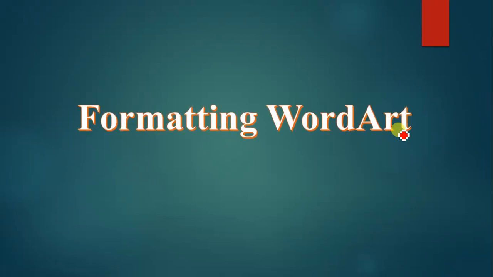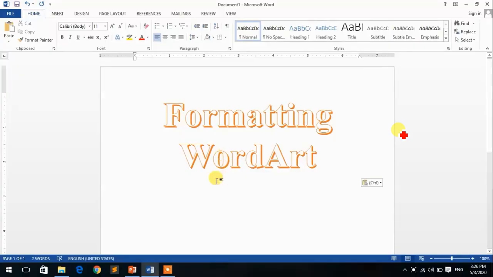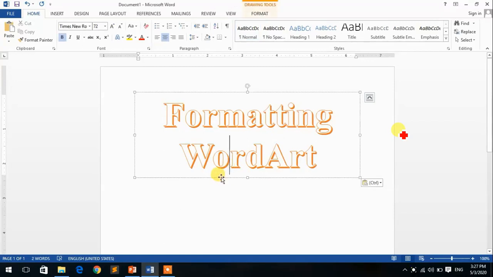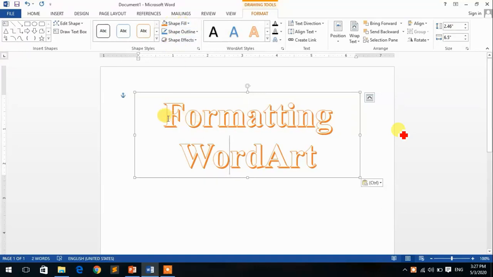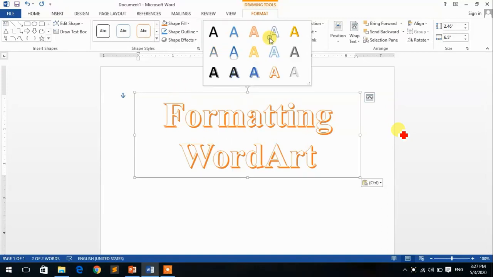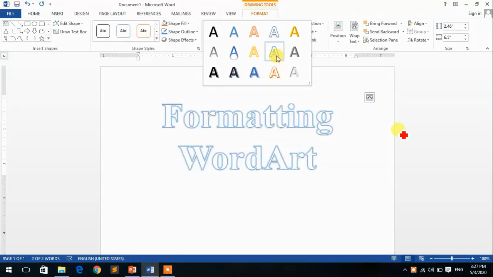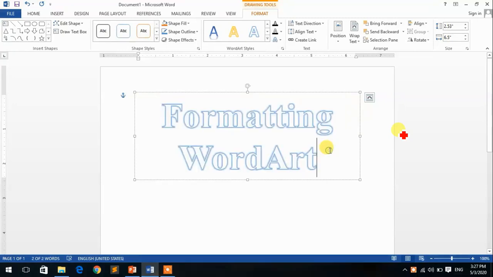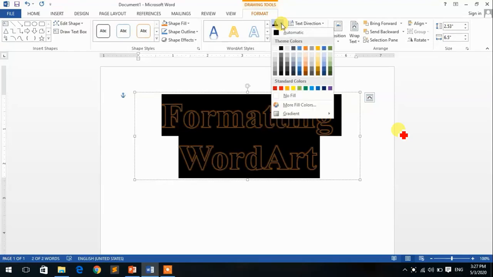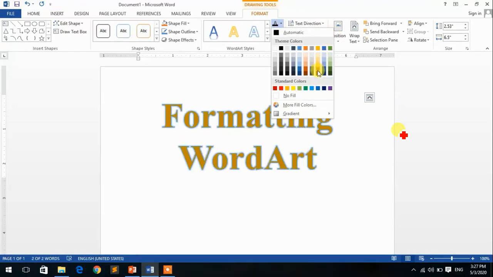Now, how to format the WordArt, means how to change its style and its color and other things. So for formatting the WordArt, first of all you have to select the WordArt, then you have to select the text. Here you can change its shape fill, shape outline, then text formatting, also text style. So first of all you have to select, then go to the style, then change the style, select the text, go to the text fill, select the color to fill in the text,